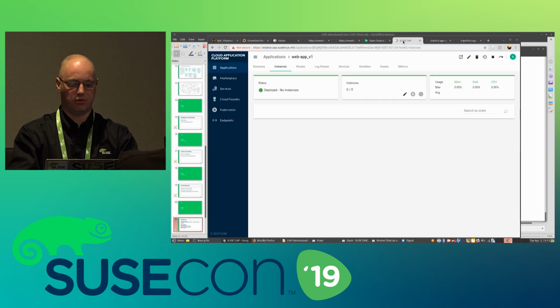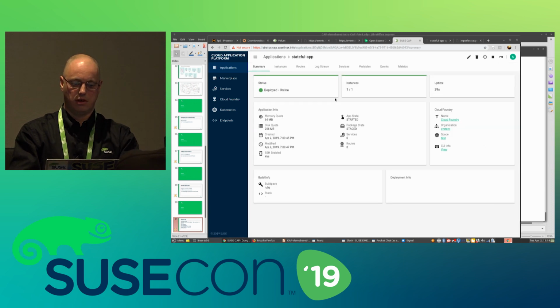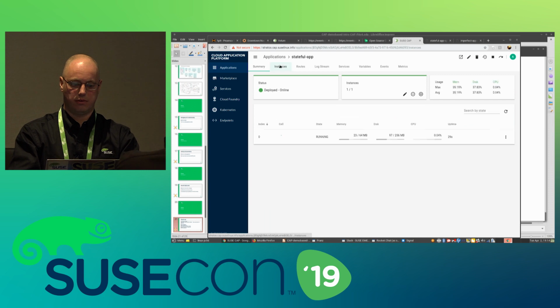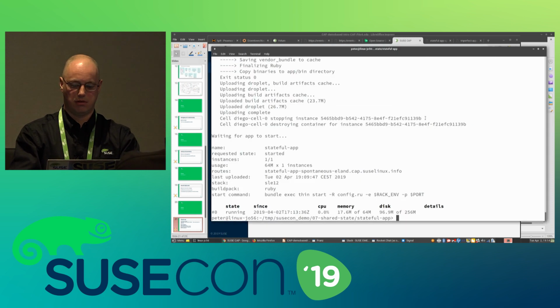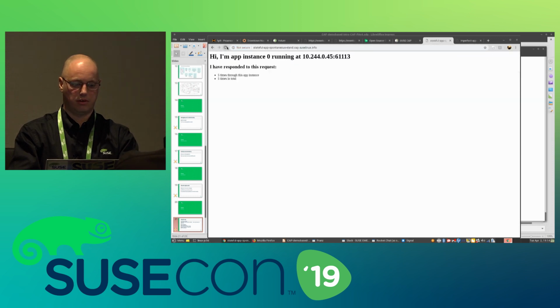And if we scale it out, there it is. Instances. So if I create a new instance of it and reconnect to it, every second time I get instance 1 and 0. And as you can see, this one counts differently depending on which instance I'm connecting to.